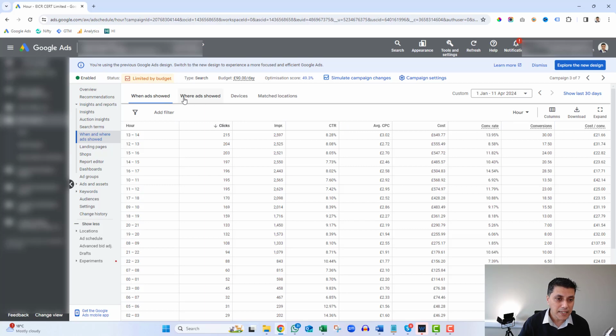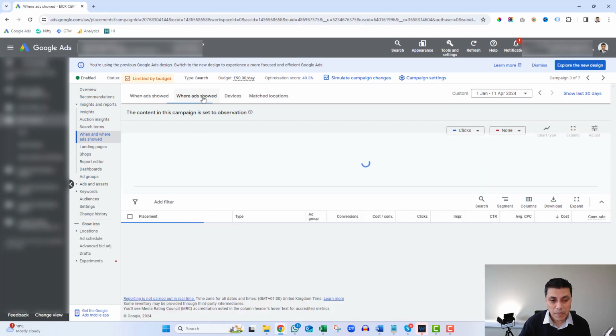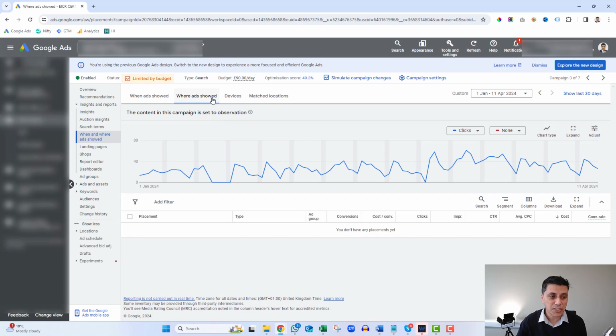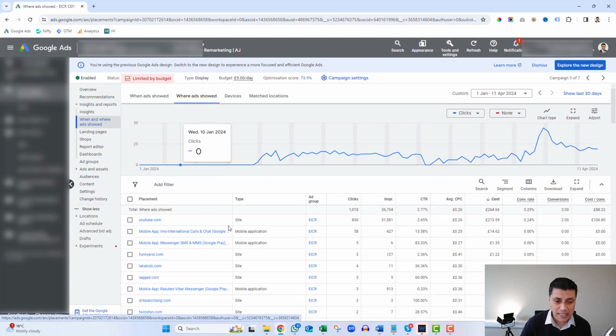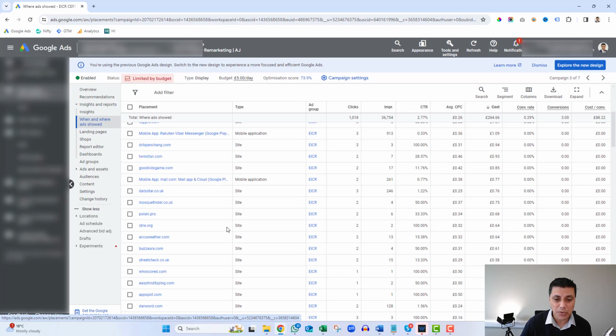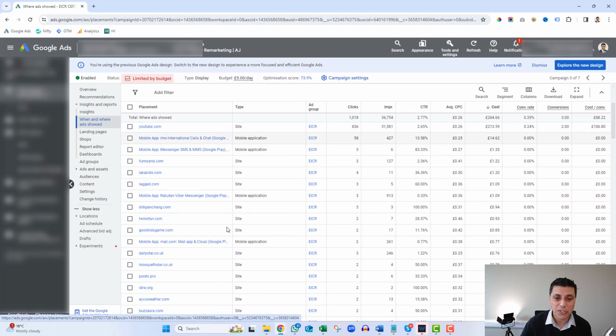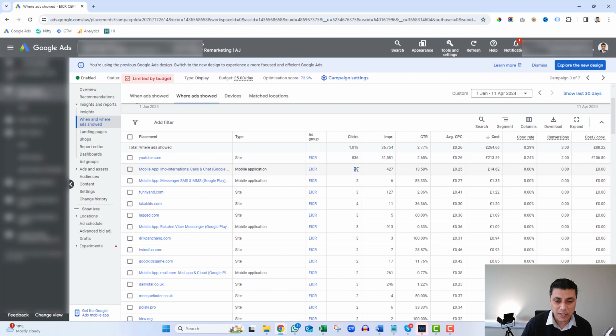The other one is where ads showed. Now, by default, if you're using a search campaign, that won't appear. So what you need to be doing is looking at a campaign that has got display marketing in it in some shape or form. So in this case, I want to select a campaign, and I can now see where my ads are actually being shown, not just when, but where, and how much it's costing me. For example, I've got 58 clicks here, and it's cost me £14. I've got no conversions. I can then start doing further analysis on this, and I can also take a look